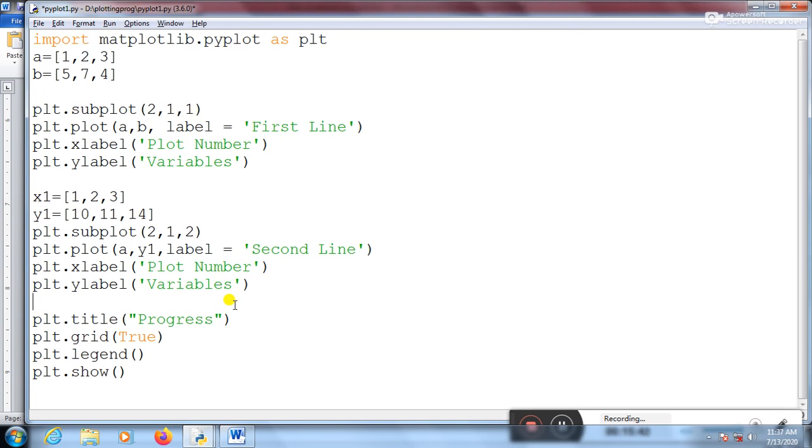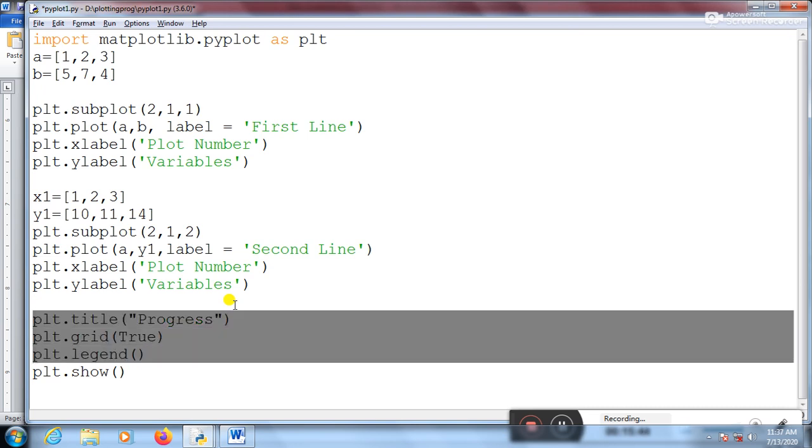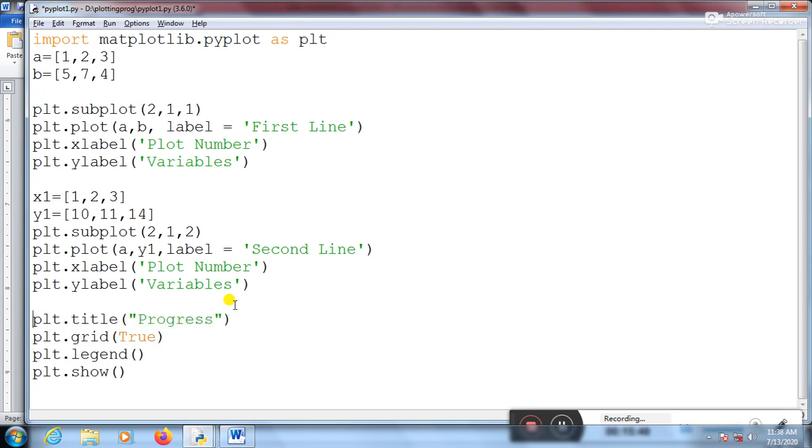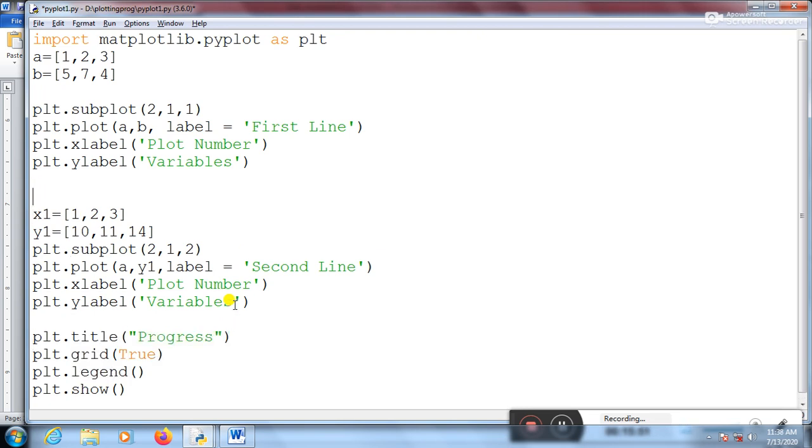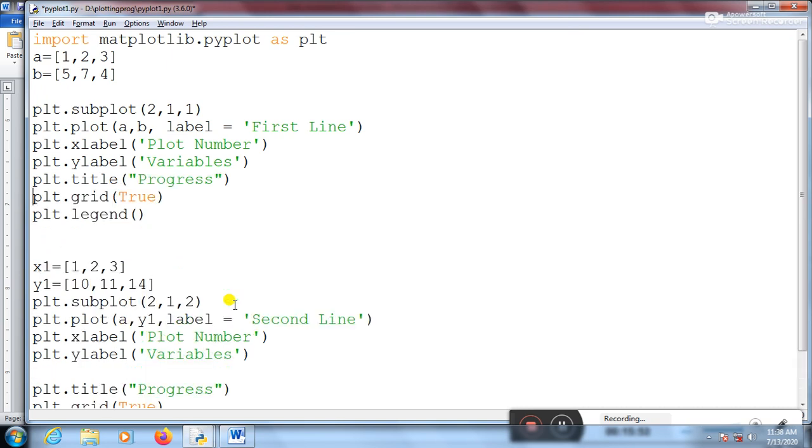So the title is progress 1. Suppose I am giving grid lines true over here. No, for the first graph I don't require the grid lines, then progress 2 over here, then title and like this, and then show legend and all.